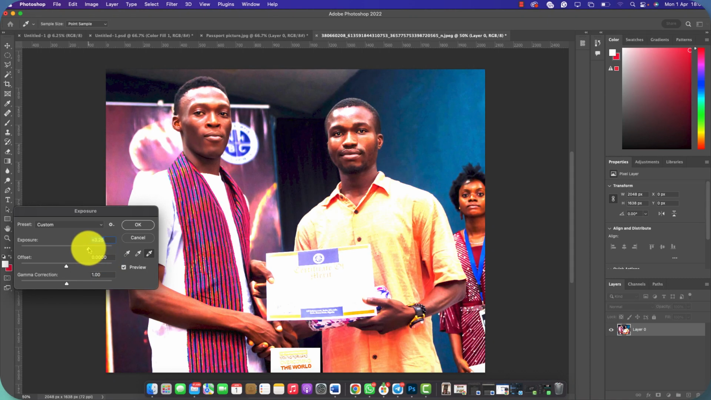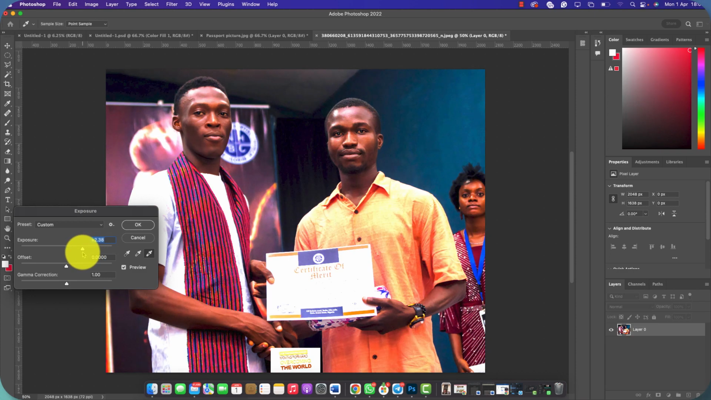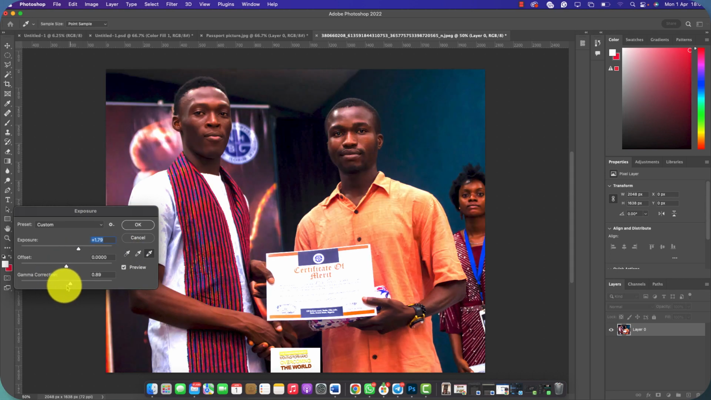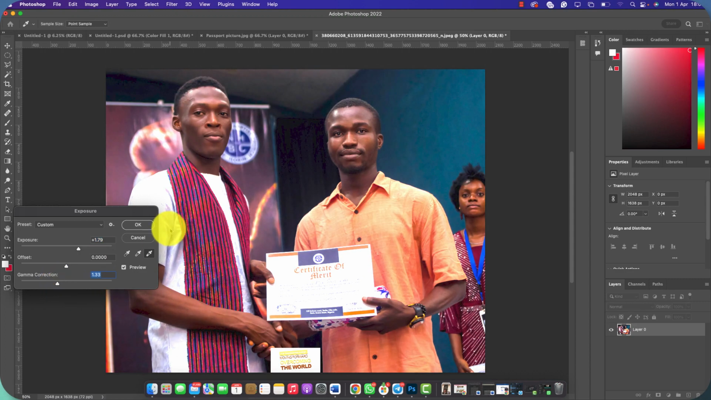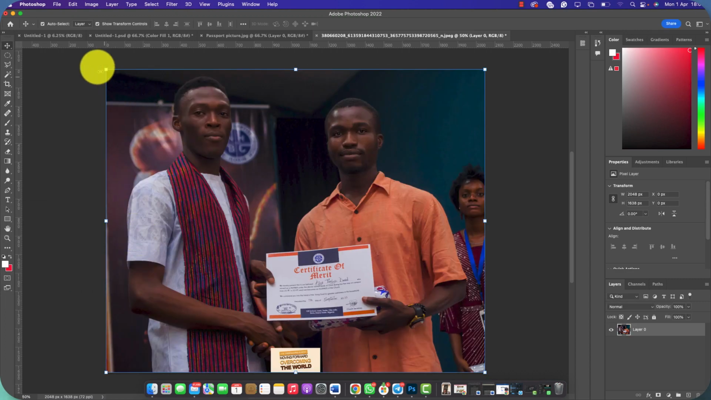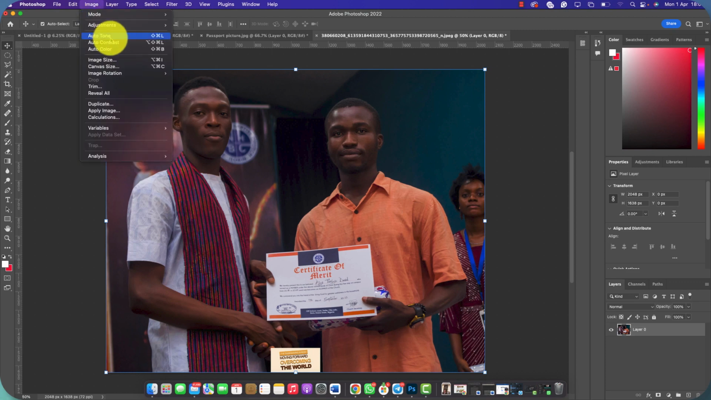Most times I don't even use this exposure because I don't like the way it reflects on the image. It changes the outlook of my picture in this regard. But that is what it does in essence. You can use the gamma to also correct the light. I rarely use this exposure, but I'm showing us what it does. So another aspect is